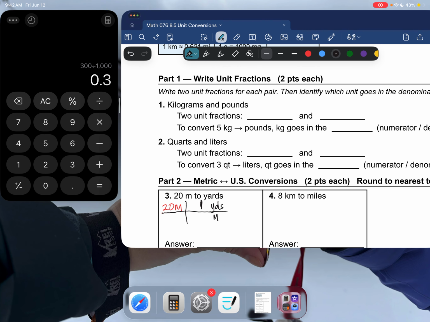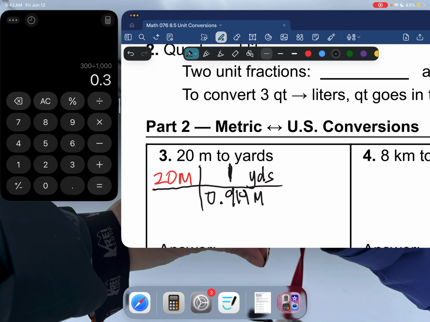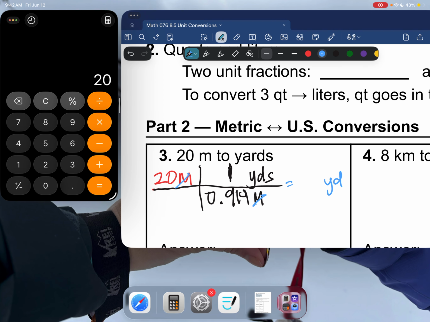0.914. Okay? And now when I look at this, my meters cancel. I'm going to be left with my units yards, which I want. And let me do some multiplying. 20 times 1, that's what's in my numerator. I don't have to do the times 1, but I did. And I'm going to divide by my denominator, 0.914, which gives me